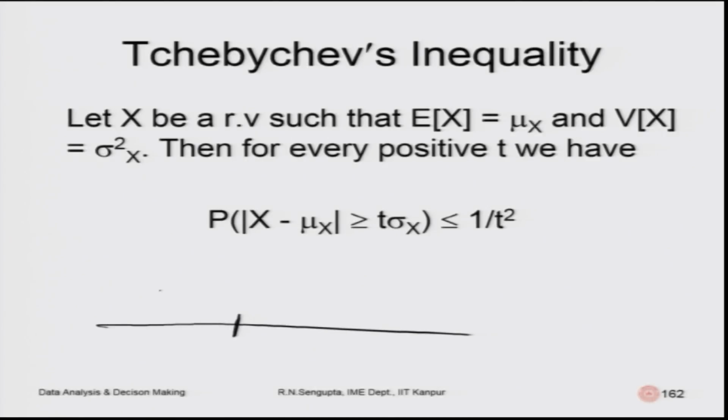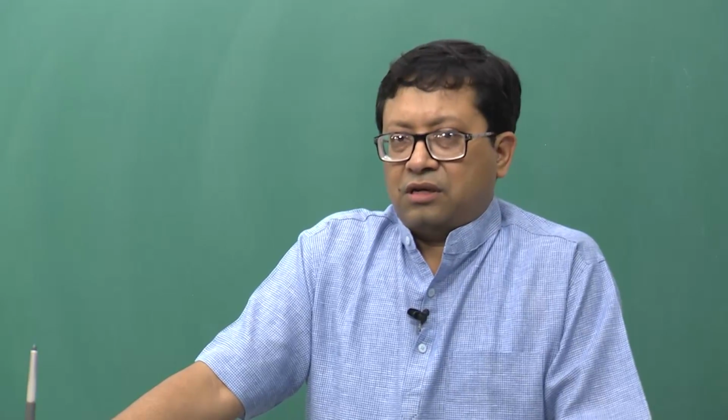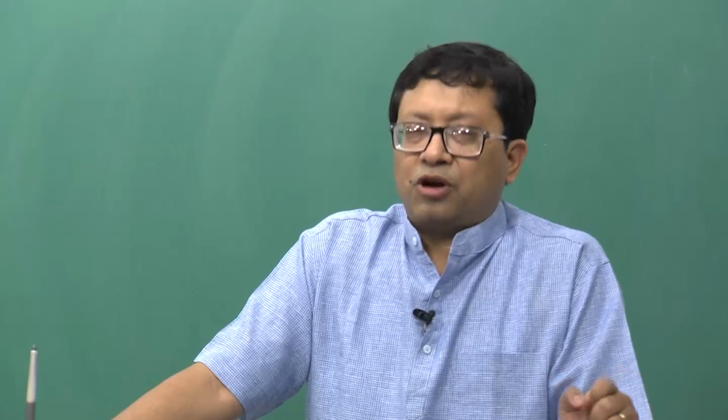So, remember what we have actually. This is the mean value, this is the mod plus and minus. So, I am trying to find out the overall probability that this is greater than t sigma. So, if t is 1, in that case the probability of the value being greater than the standard deviation is less than or equal to 1. So, obviously, here also you are trying to put a bound based on which you will try to find out the probability between the limits. Limits means the mod value.